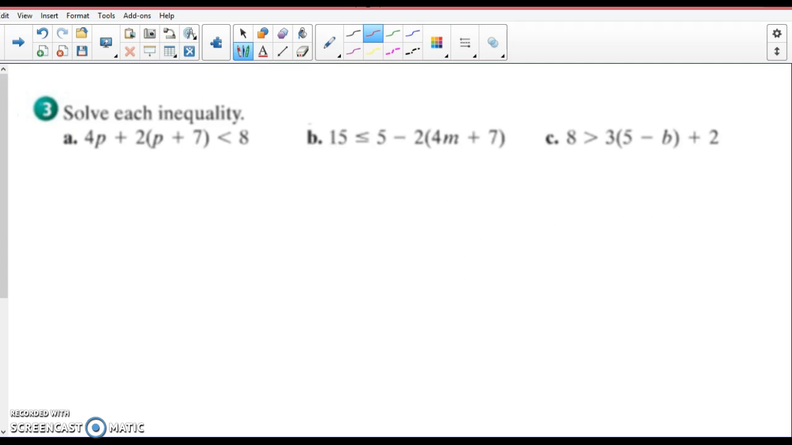Here we go. Let's do B. These are more complicated. I like this unit following the equation unit because it's basically the same thing. It reviews what we learned. Who can tell me what the next line would look like here? Mackenzie. 15 is less than or equal to 5